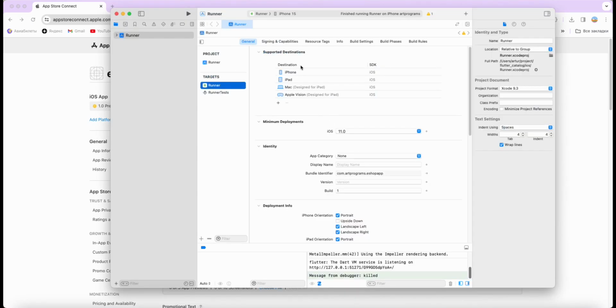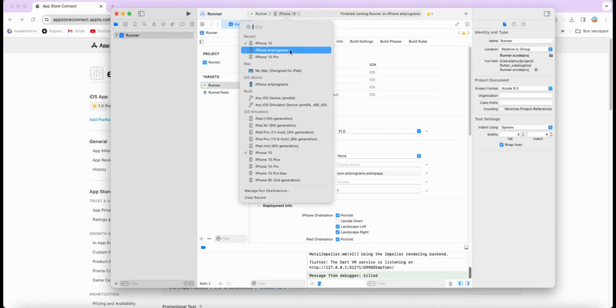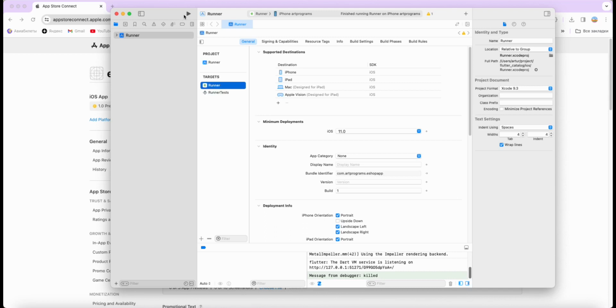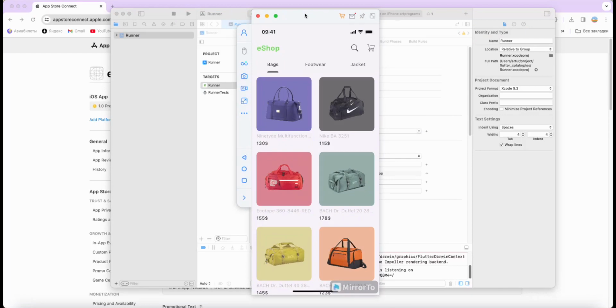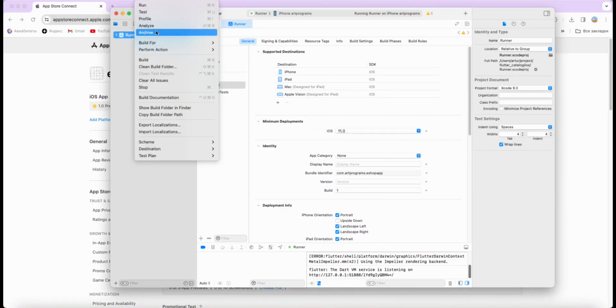open Xcode, then we select phone, start build runner, open screen phone. Now we create archive, select product, archive,